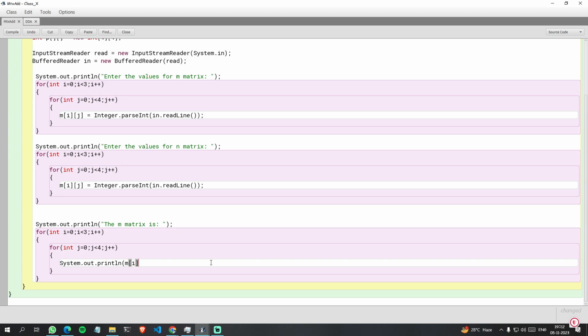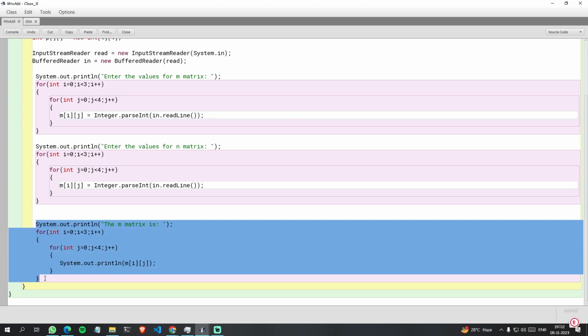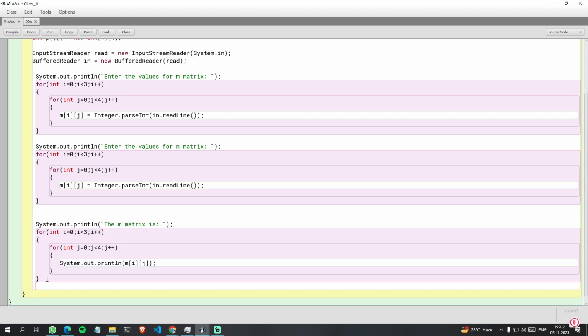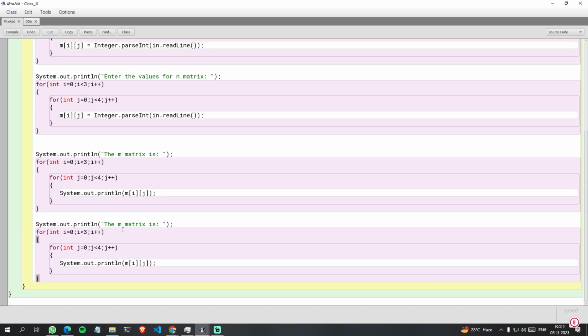We know how to print a matrix, right? And again the same thing we need to do for N matrix. We'll print the N matrix. So the N matrix is, just to organize things, we'll print the N matrix, and